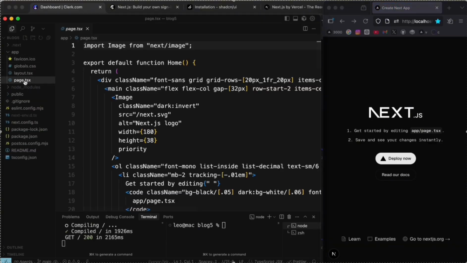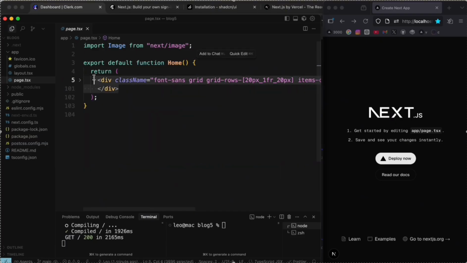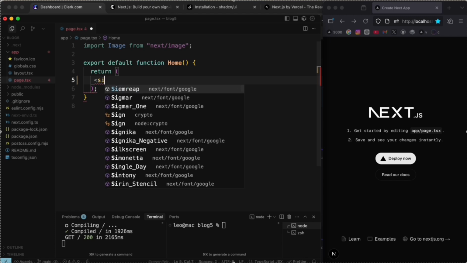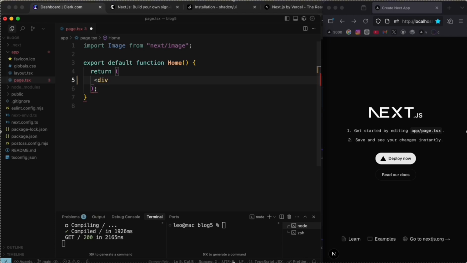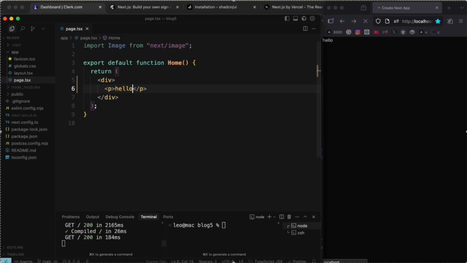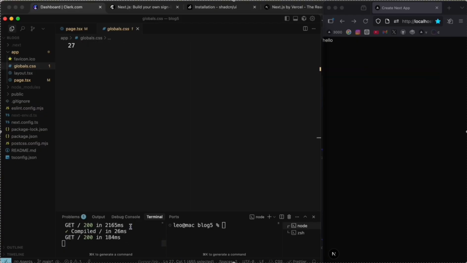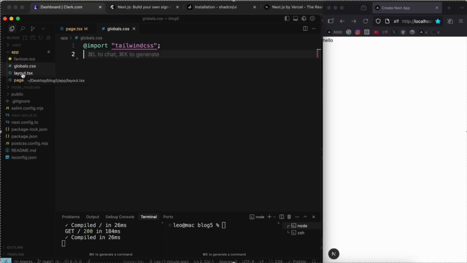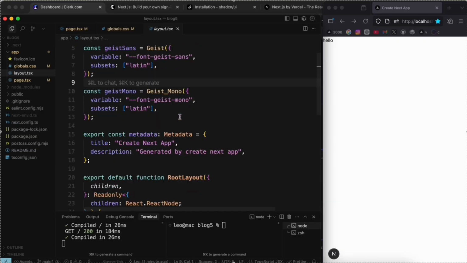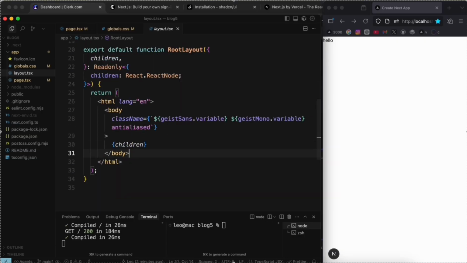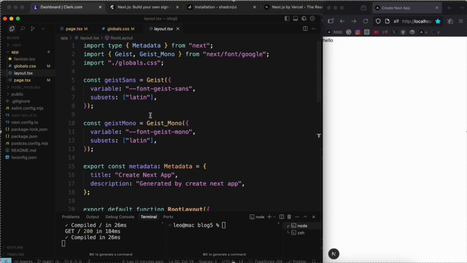So we go to app and page, delete all the code in this and just make a simple div and a P, hello. Here we can see the hello. And remove all the CSS in global CSS, only leaving the Tailwind. And in this layout,